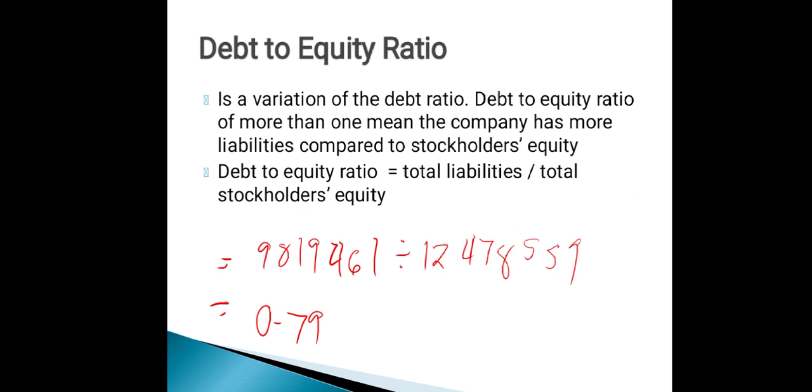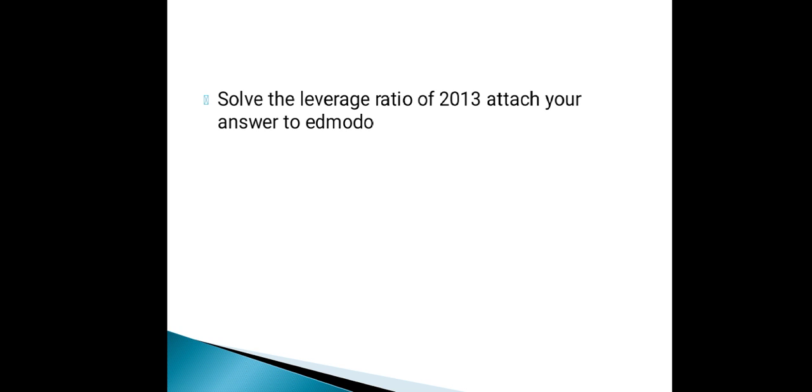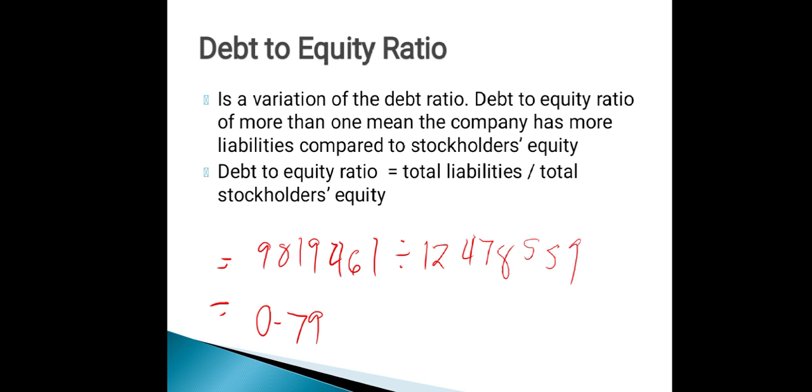Then we have the debt to equity ratio. A debt to equity ratio of more than one means the company has more liability compared to stockholder equity. So this is the formula. Just look at the table. The result is 0.79. So what does it mean? 0.79 in debt to equity ratio means that